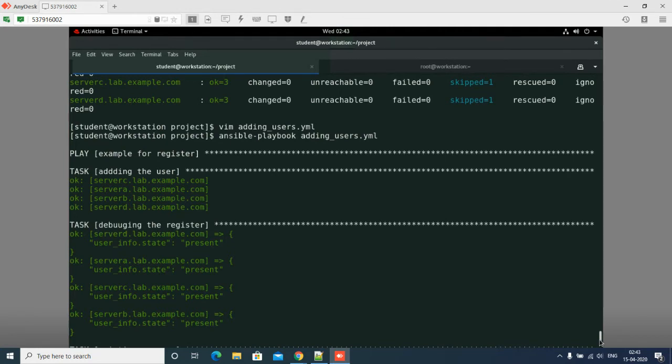Why? Suppose my production environment consists of thousands of clients. Every client will take some time, some seconds, to gather the information. It will depend on the connectivity also, like how far my client is. Gathering the facts will take some time, and after that they will run the playbook. That time is wasted if I'm not using those variables inside my playbook, so there is no need to gather the facts. Why should I gather facts which are not useful inside my playbook?